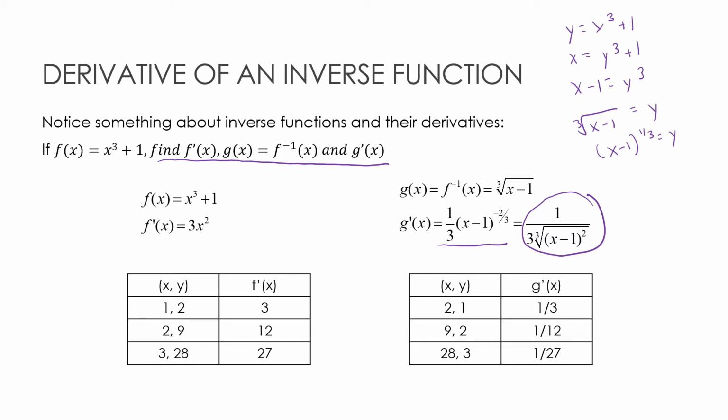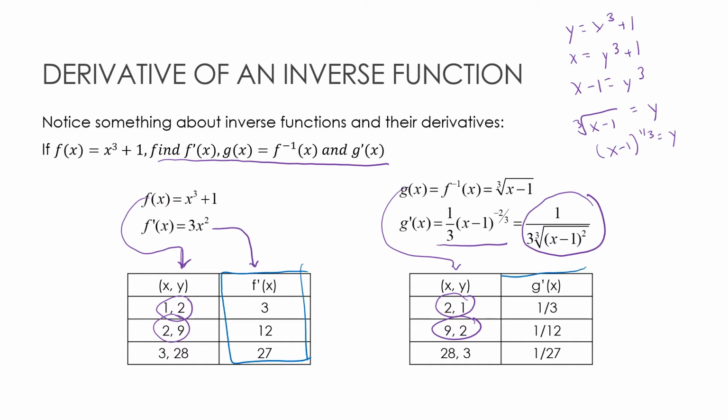And I want you to notice I've just given you some values of the derivatives of each function. So f inverse, I gave you some values. So this is from the original function. And then the derivative at 1 was 3. The derivative at 2 was 12. The derivative at 3 was 27. Then I want you to notice if I look at the g of x function, obviously we already knew that this relationship would happen where 1, 2 is now 2, 1, that 2, 9 is now 9, 2. But I want you to notice what happens with the values of the inverse